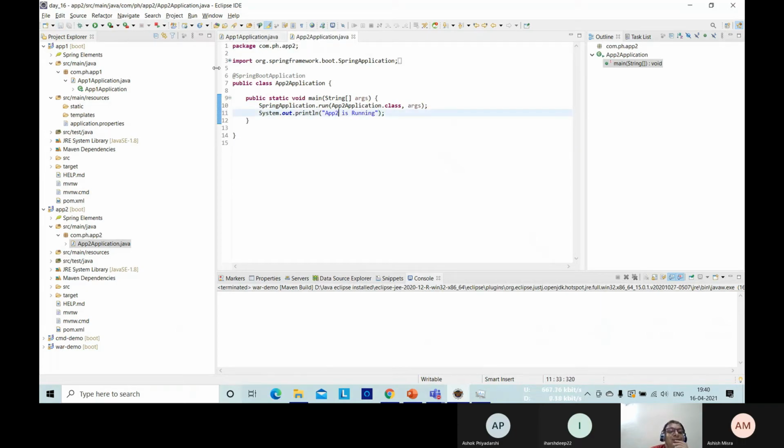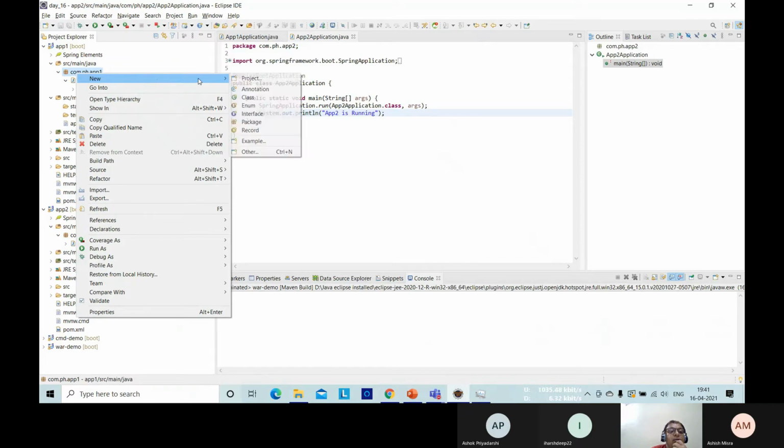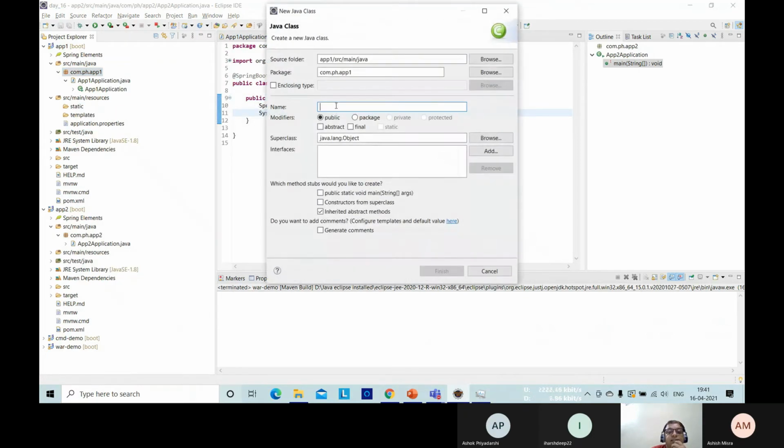Now let's create a controller in both. So let me create one controller that is called a REST controller. We will create an API, basically an application programming interface. So the controller, a REST API, is what we are creating. That is why we are saying REST API. So that is called a REST controller. Okay. So let me click here and get a class.